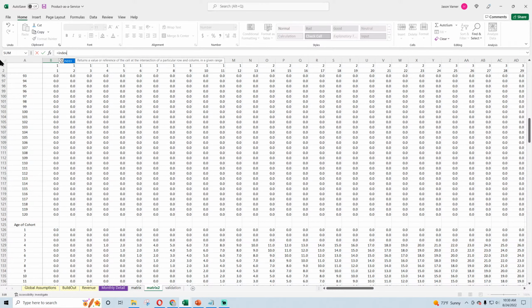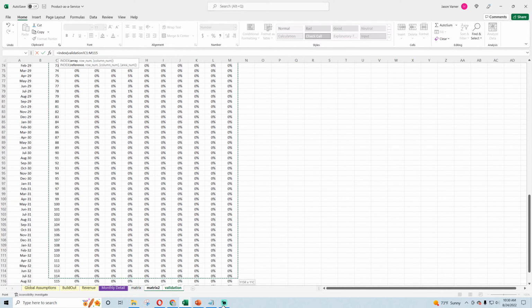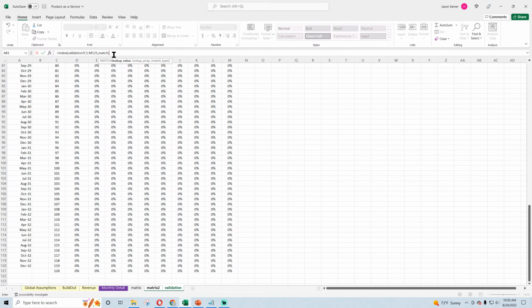And what I can say here is get the age. We want to do an index of the schedule here. And the percentage I actually want to pull is, let's see, the row number is based on the age of the customer.